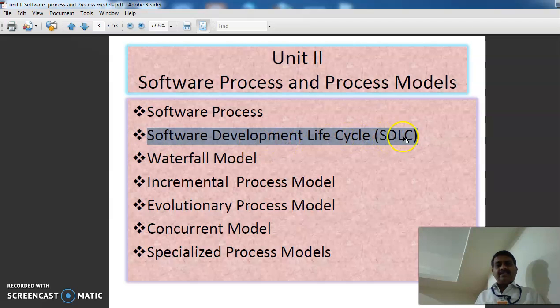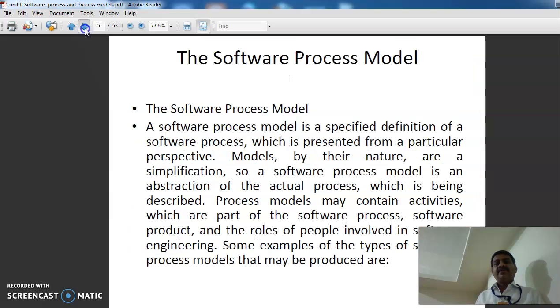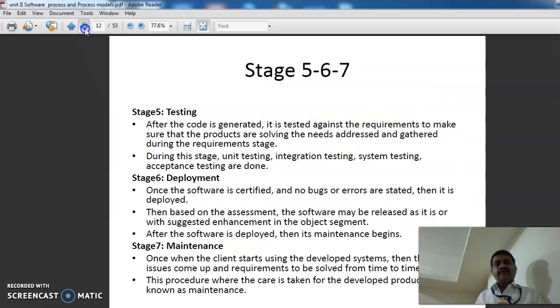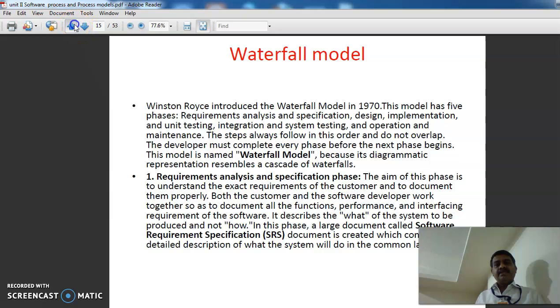SDLC has other important models: the waterfall model, incremental model, evolutionary process model, concurrent model and specialized model. Today we are going to discuss the waterfall model. What are the different features of the waterfall model? Step by step we see it.